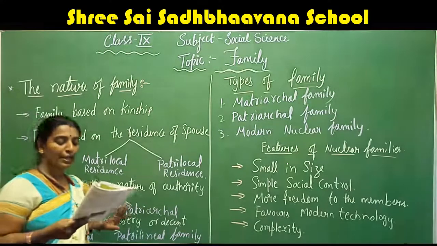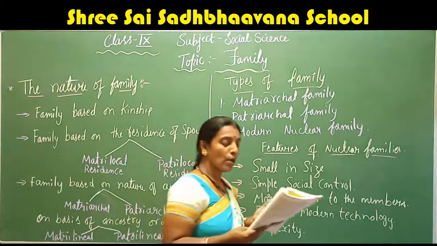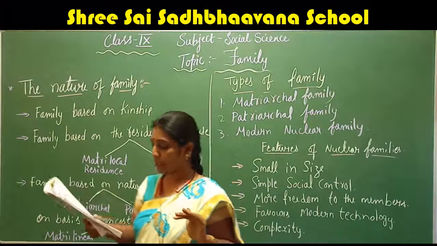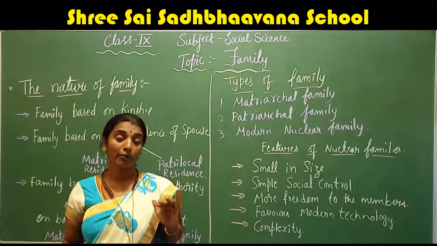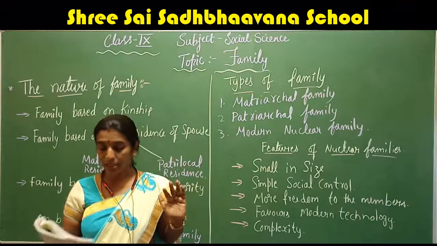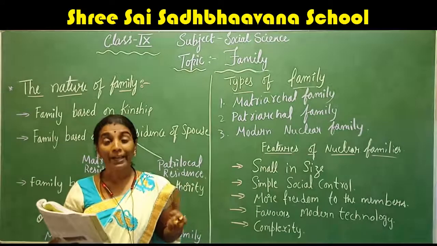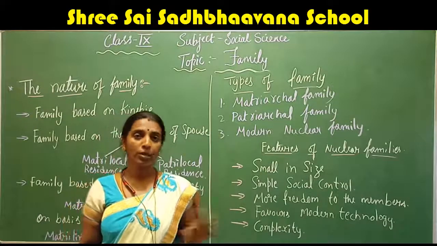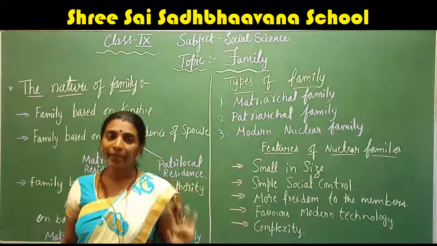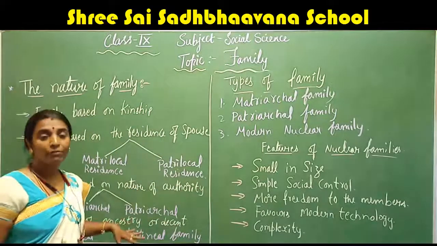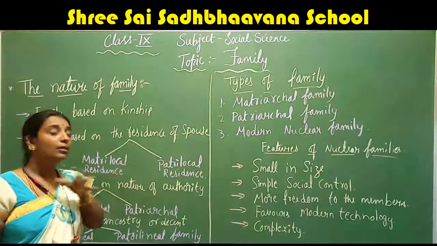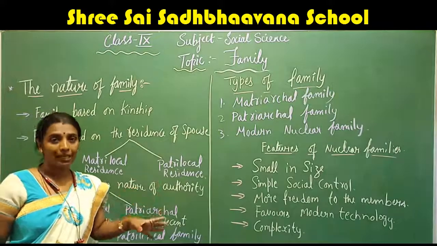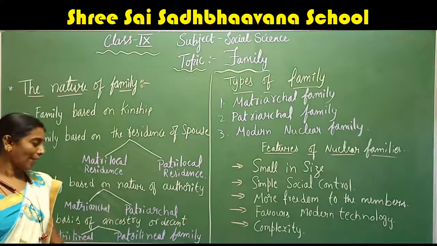In a matriarchal family, the right of the property and successorship belong to the women. What happens in a matriarchal family, children? The family's authority and right of the property and successorship belong to the women, not the men. That is called matriarchal. And in a patriarchal family, the head of the family will be the authority of the family, and the successorship will go to the male. That is called a patriarchal family.